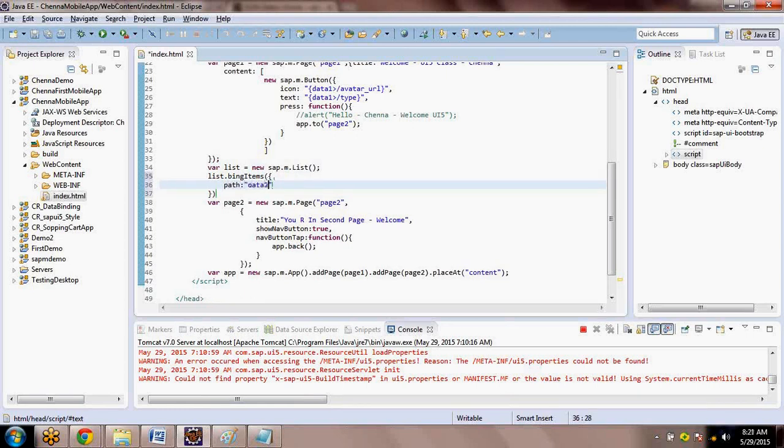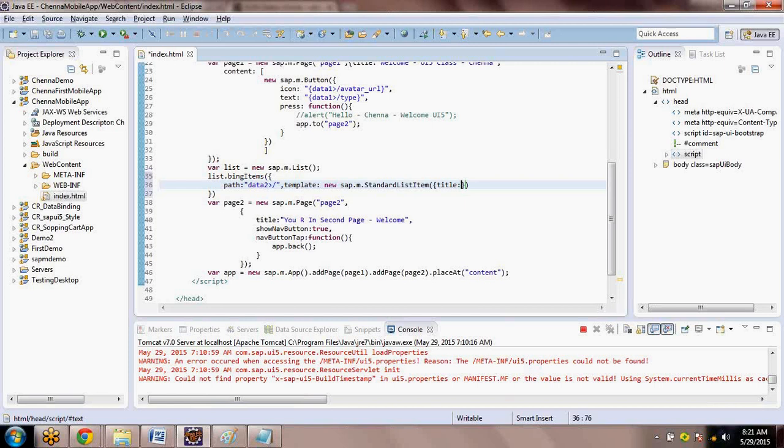I'm getting the values from the data2 greater than dot slash, that's the path, comma, there is something called template colon new sap.m.StandardListItem of. You can give some title for that.